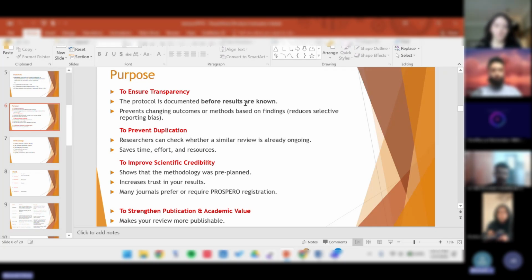But if it wasn't for the abstract, you guys didn't know what the results were going to look like, right? So it is to ensure transparency, so it prevents changing outcomes or methods based on findings. This reduces selective reporting bias, right? So if you already know the outcomes and then you go back and run the analysis, your